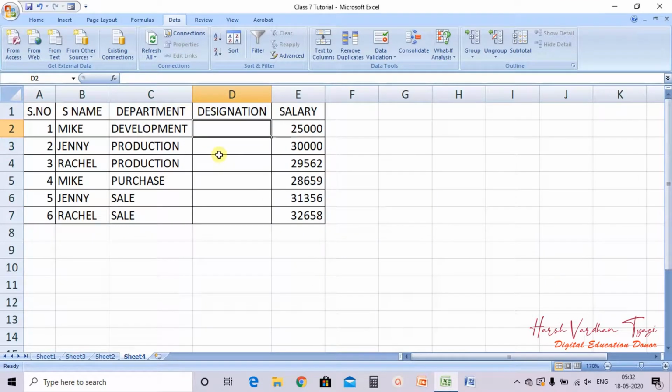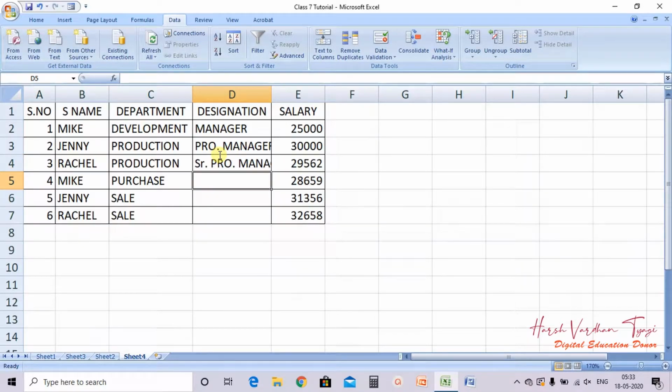Their department, designation: manager, production manager, and senior production manager.